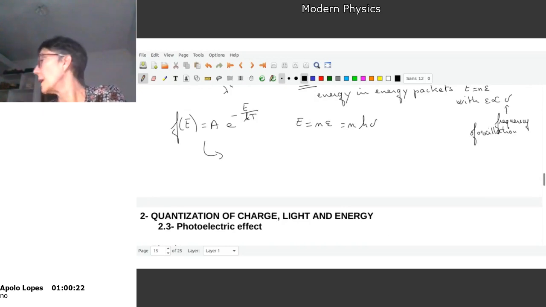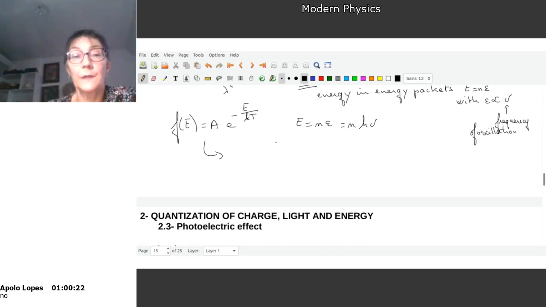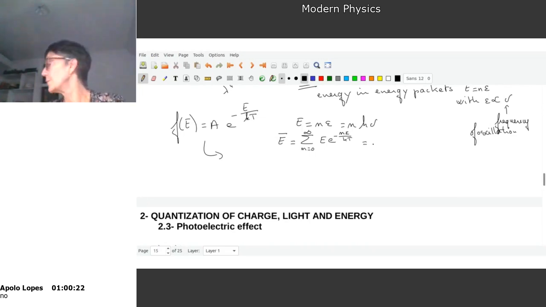The frequency of oscillation. So you will have E average, which will be now, you don't have a continuum of epsilon, so you will have a sum of the energies, so you have E exponential of minus N epsilon over KT, and so you have N equal 0, no energy, to infinity. And if you do that, you will find, I will put the result here,